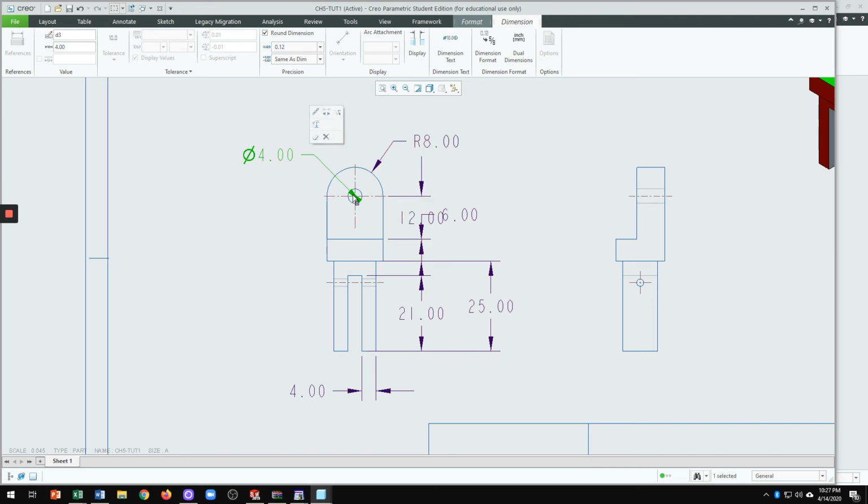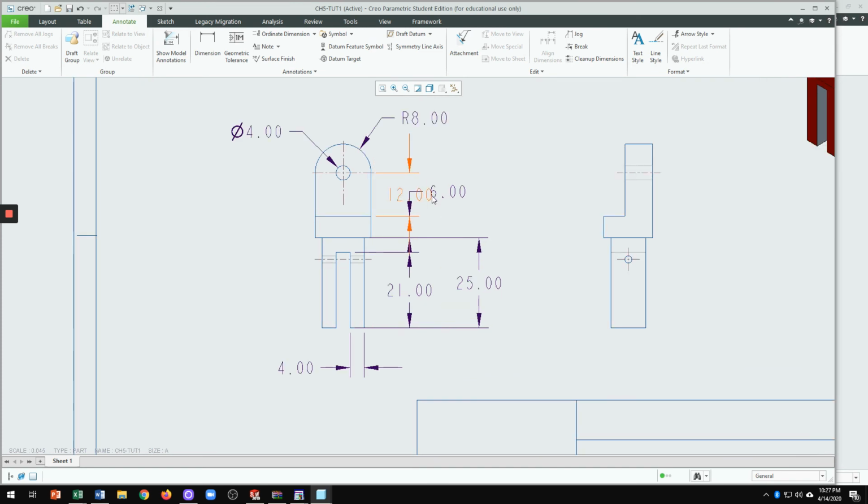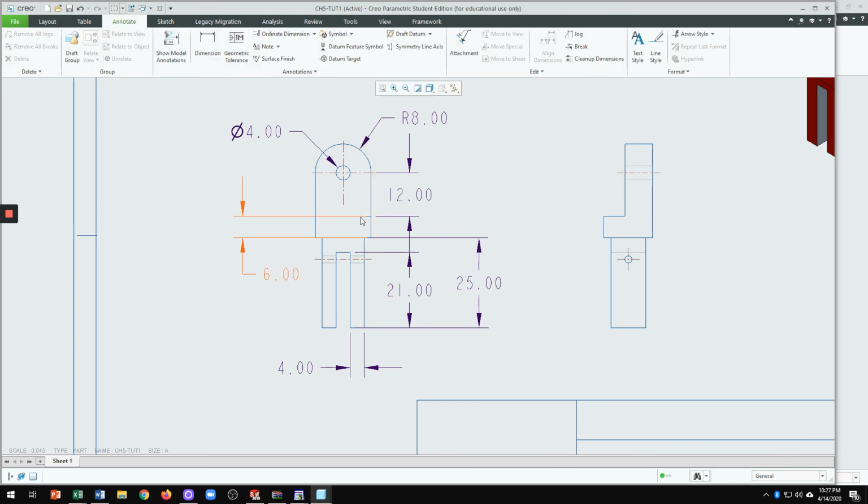If you don't want the arrow in, you just click on this here, flip arrow. So that's better. It looks nicer. Okay. All right. So you see this dimension, they're overlapping. So what I will do is move this to this side here, and that's 6, because you don't want the dimension to overlap. So you go here. But by doing this, you've got to be careful because you don't want the extension line